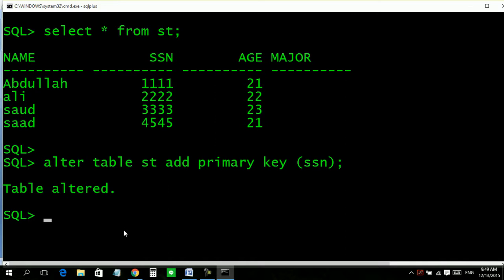Now another method is creating a primary key at the time of creating the table. So what we will do, we will delete this table.